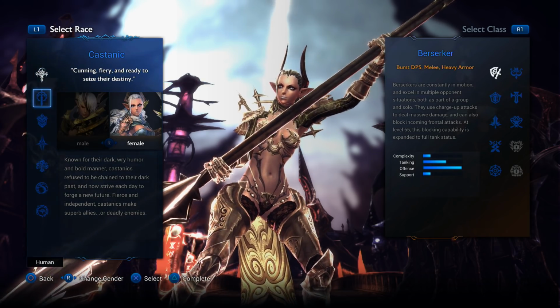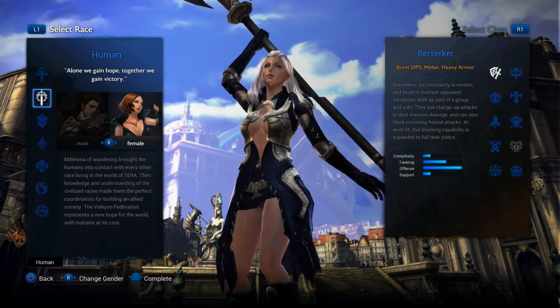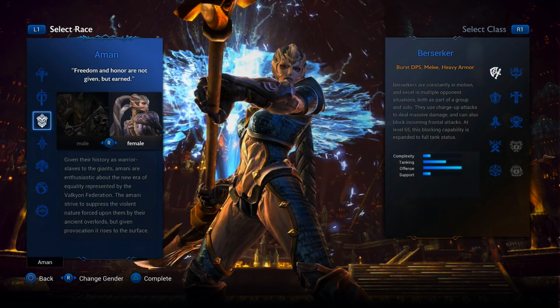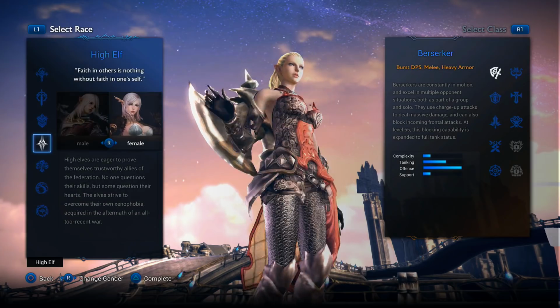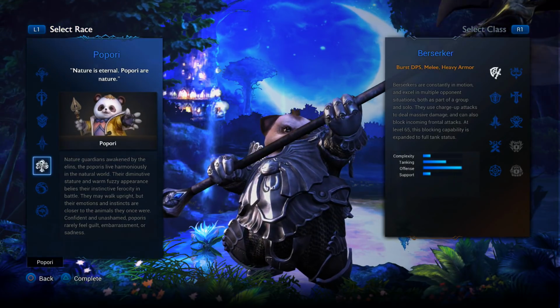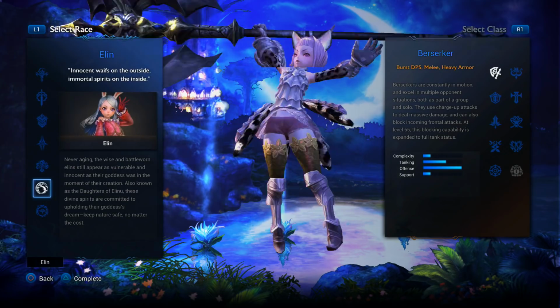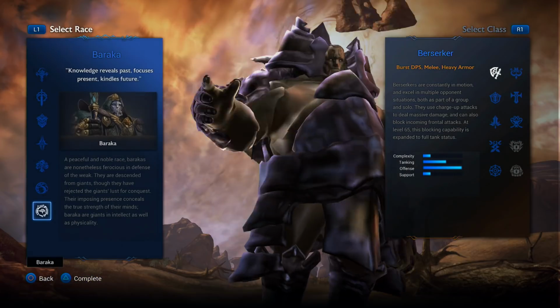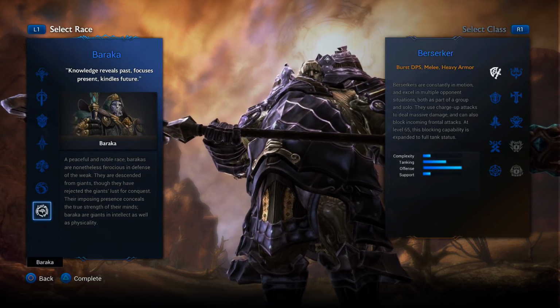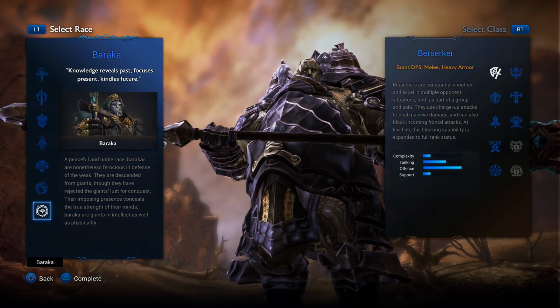So we do have the Castanic, the Human, the Aman, the High Elf, the Popori, the Elin, and the Baraka. So I did mention that the Castanics do have a crit bonus, while the Baraka also has